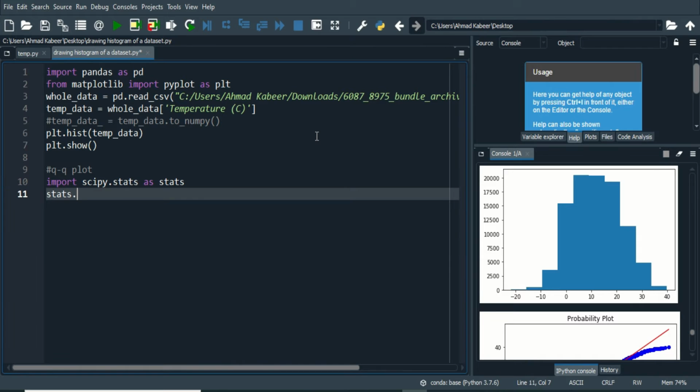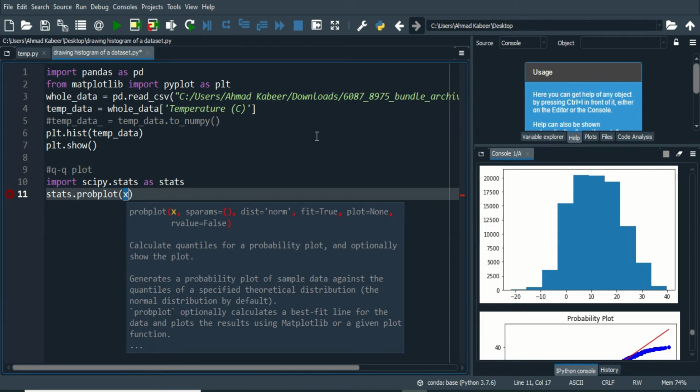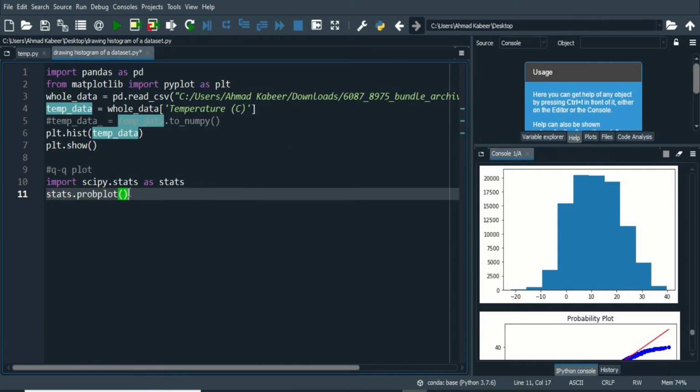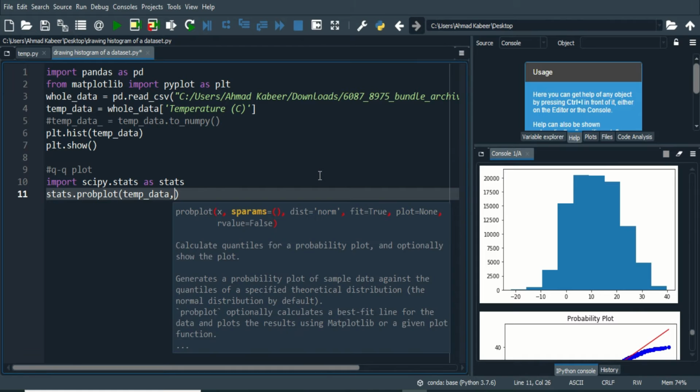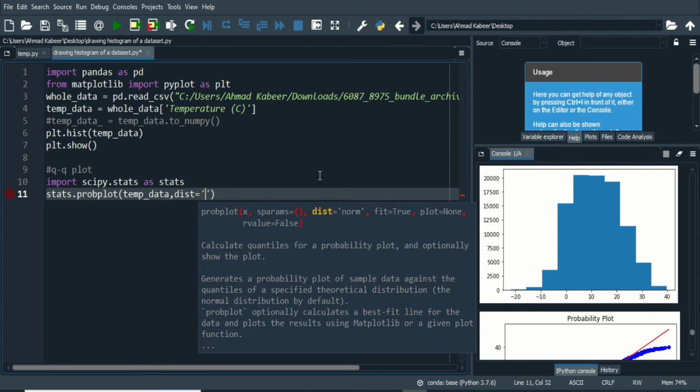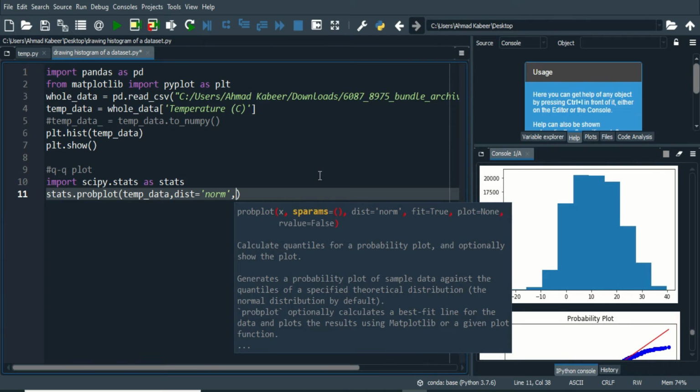We have stats dot, and we have a method which is probplot, and in this probplot we need to pass the data for which we want to create this diagram. We have the data, which is the temperature data, just pass it here. We need to pass some more parameters of this function. The first parameter is dist, and into this parameter we need to pass norm, right? Because we are creating a normal diagram, normally distributed quantiles,